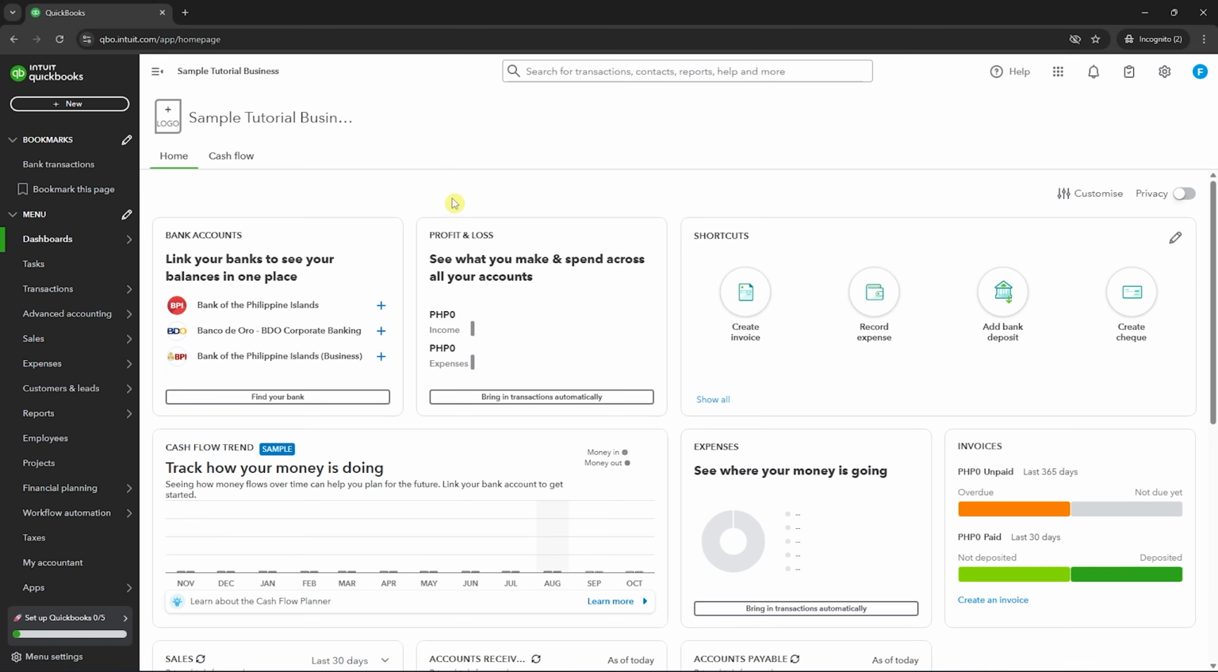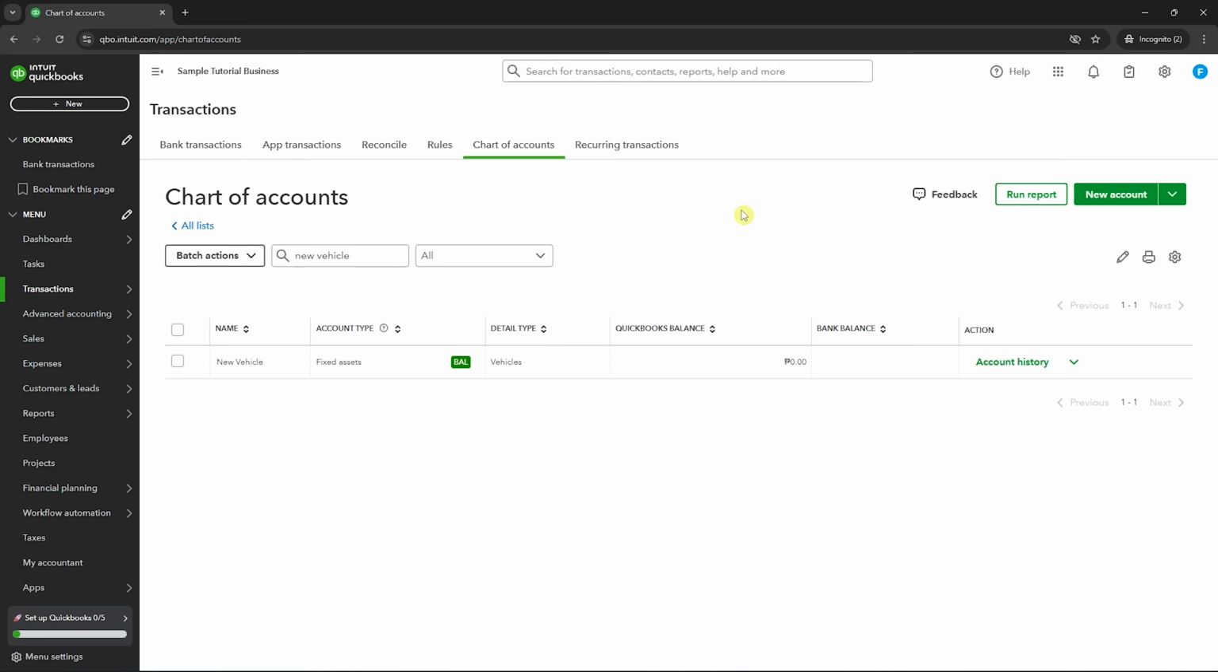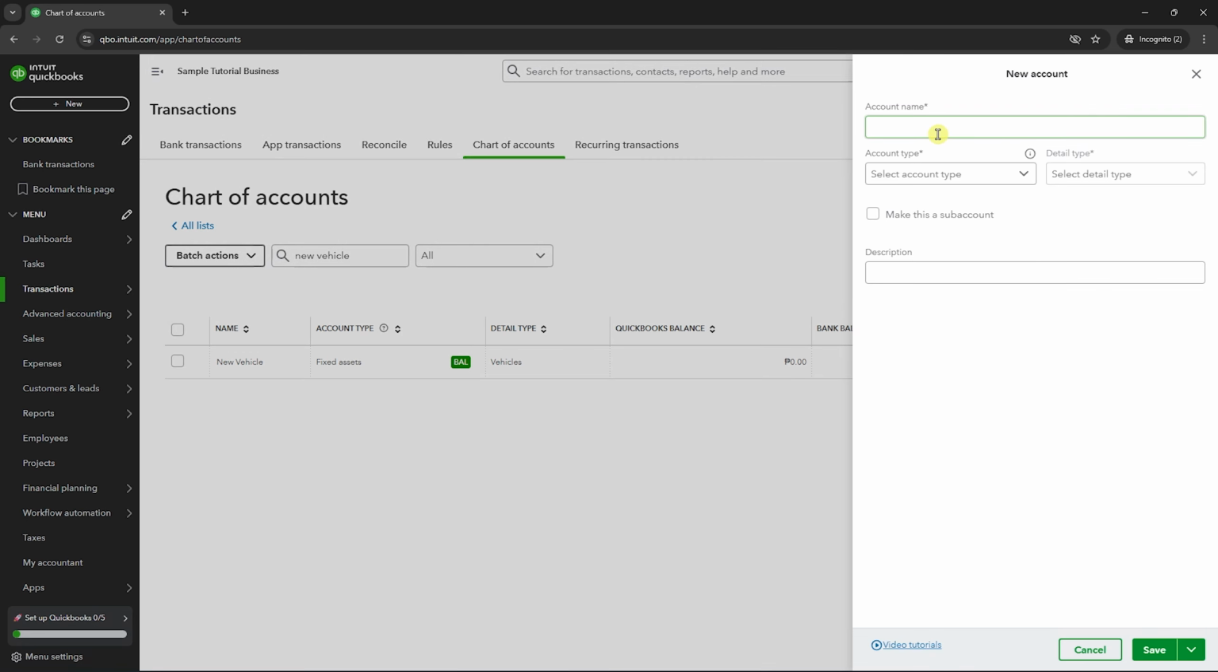you just simply need to click here on the gear icon on the top right first, and then go into the chart of accounts. In here, you want to click on New Account, and then you would want to go for the account name. So let's say that I'm going to go for new furnitures or something like that. You could also be more specific if you'd want, but yeah, I'm just going to use this as an example